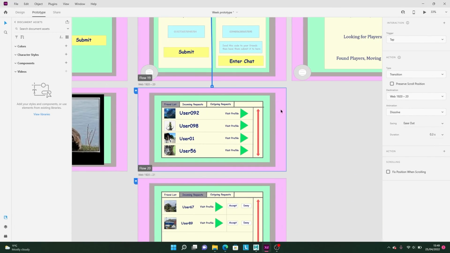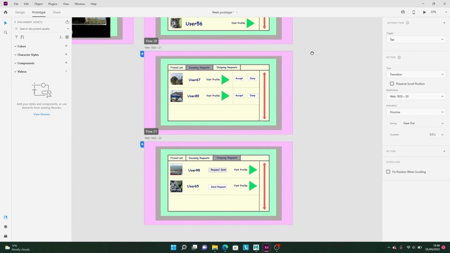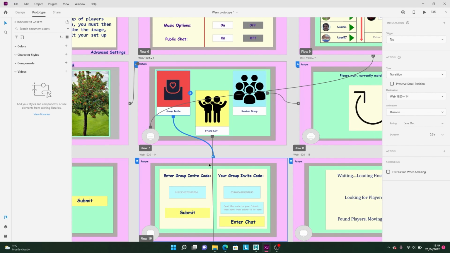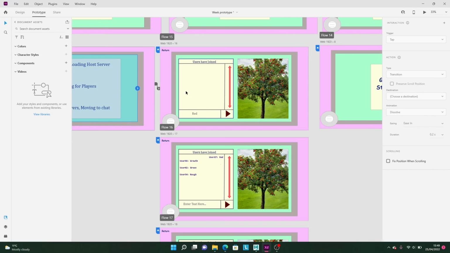Friend list leads you to here. So you have friend list, which you then have incoming requests from people who have sent, and you can either accept or deny. An outgoing request where you can send requests to people you've just played with. Of course, there are privacy settings in the advanced settings. Group invite leads you to here where you can either put in a code or give someone your code. It takes you to here, which waits for the host, finds the players, and then links back to here, which is expected as this is the